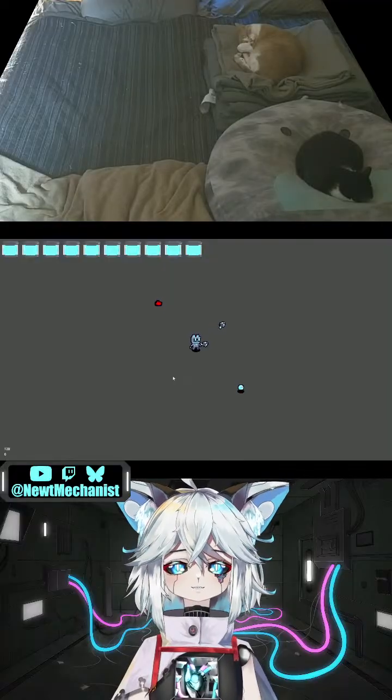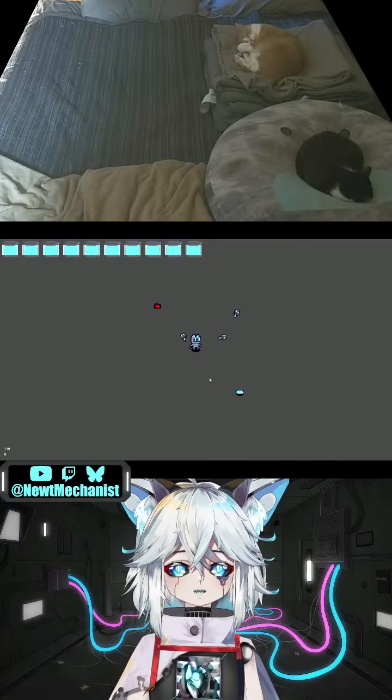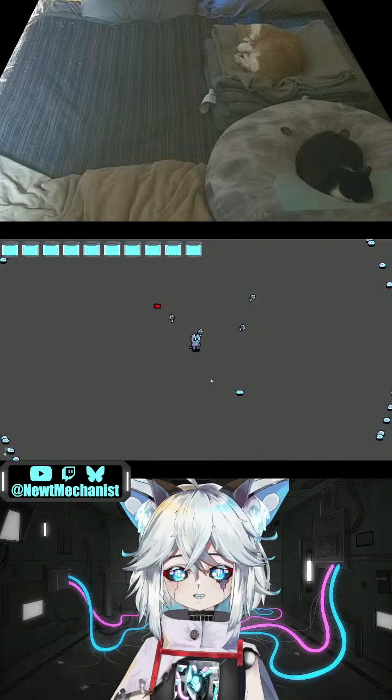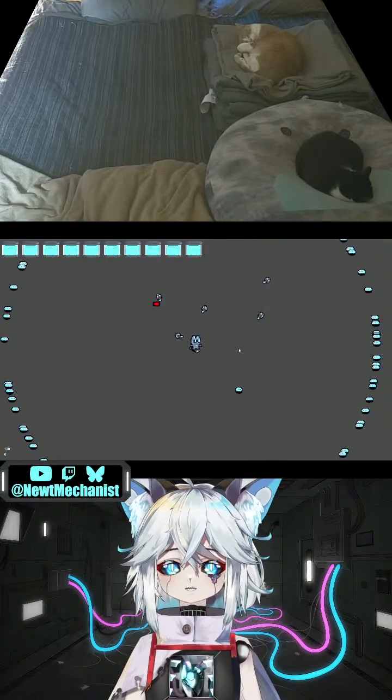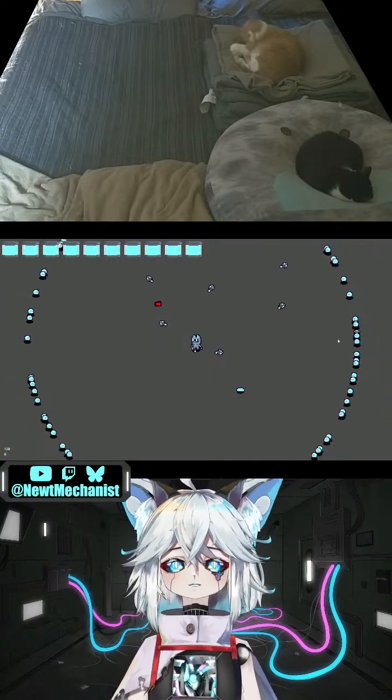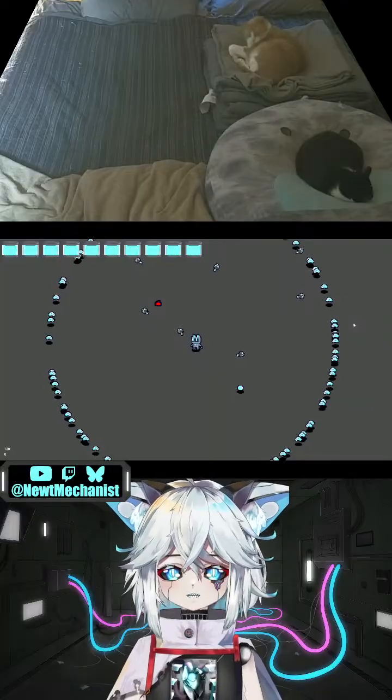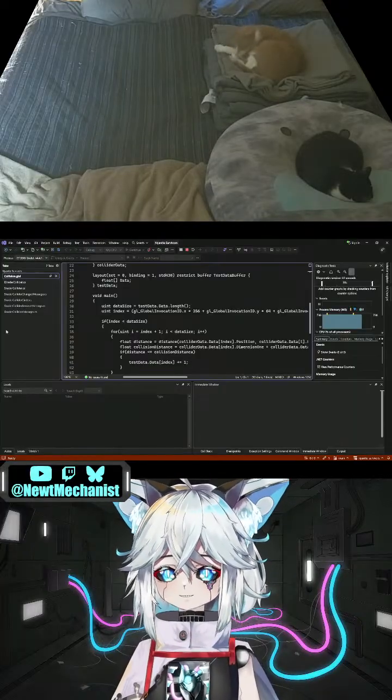Okay, so I have it limited to 120 frames per second right now, just to control that. So no actual collision is happening, but if we pause for a moment,